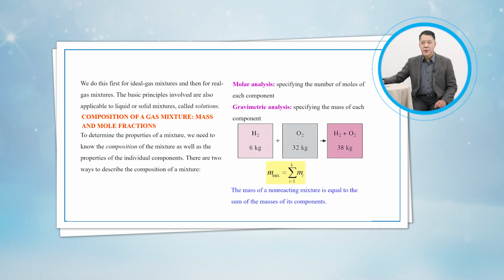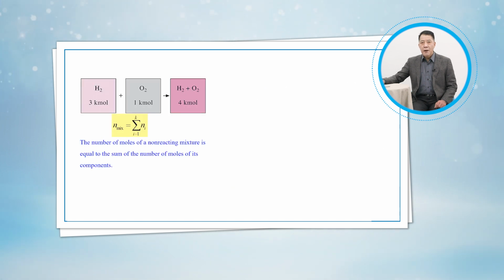Consider a non-reacting gas mixture composed of K components. The mass of the mixture is the sum of the masses of the individual components. That is, the mole number of the mixture is the sum of the mole numbers of the individual components. That is,